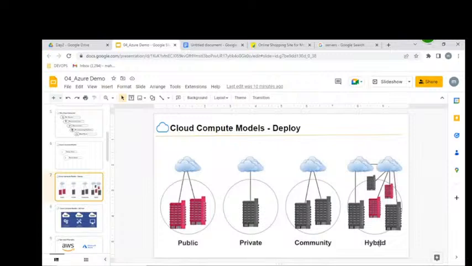Hybrid. For example, we are using any financial thing like Access Bank or any banking applications. So my application servers are in the cloud, but my database servers are in my office. The combination of your on-premises database servers and cloud servers, the combination of these two we call as what? Hybrid. But the community is nothing but what?